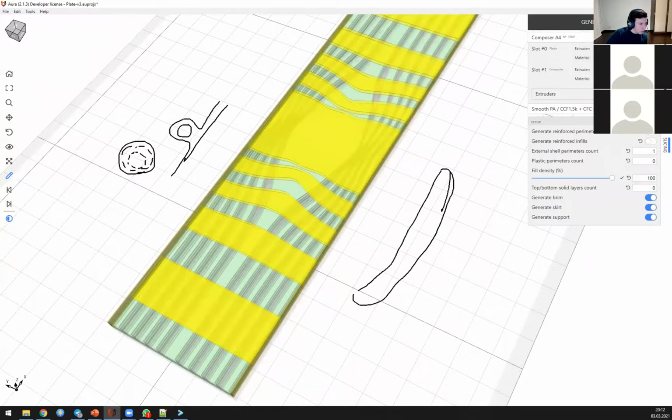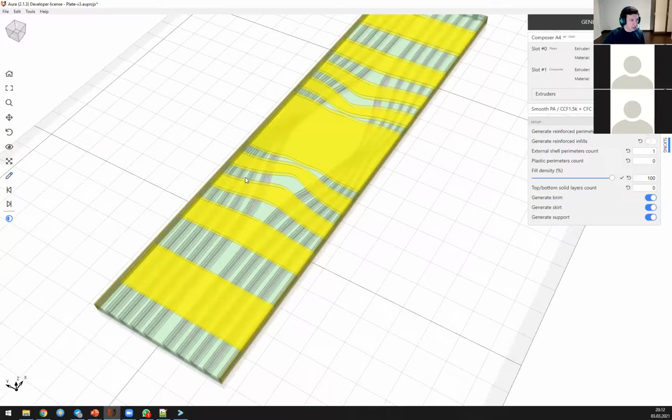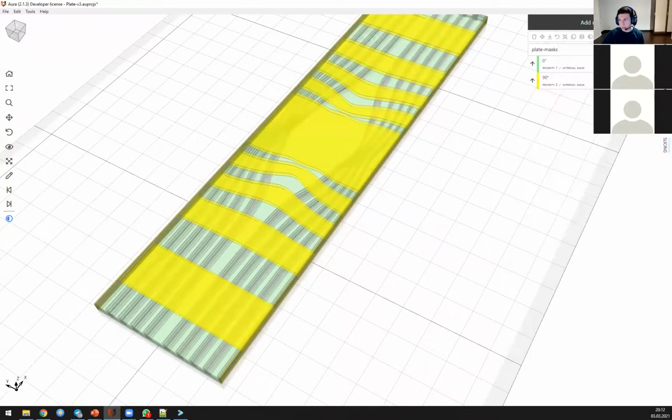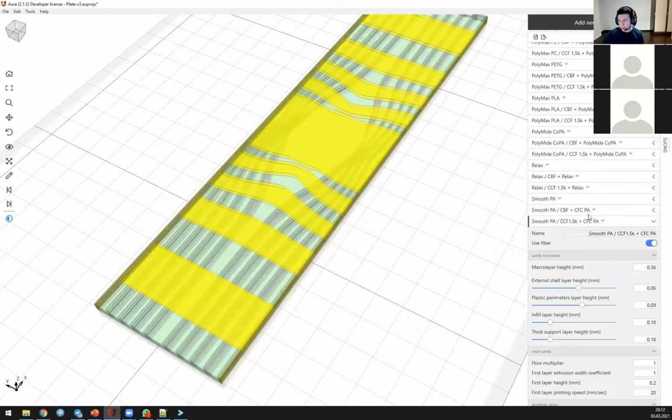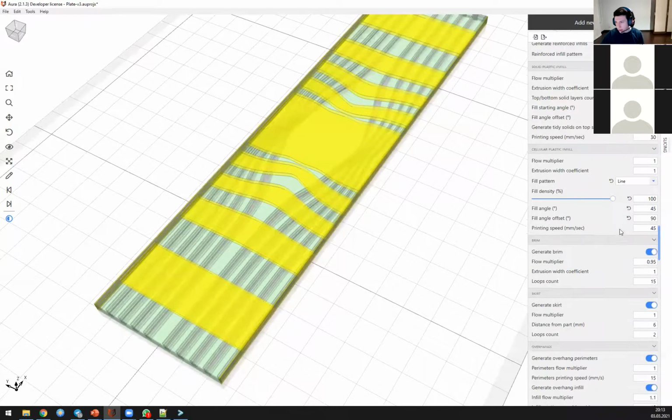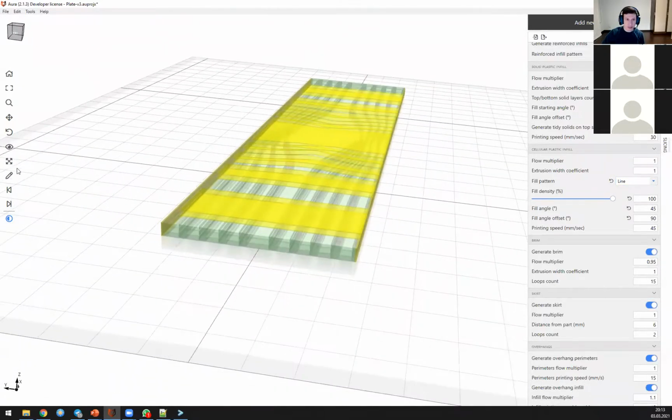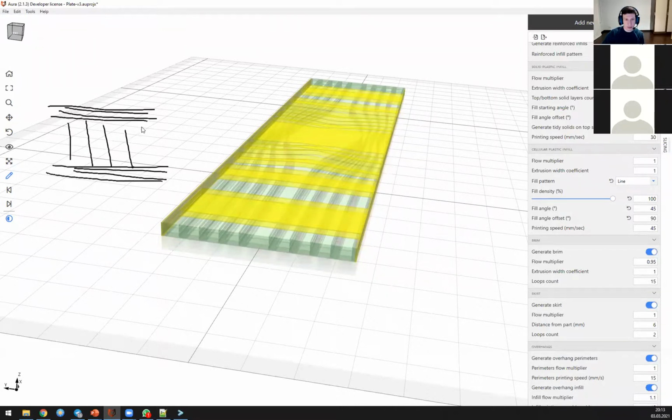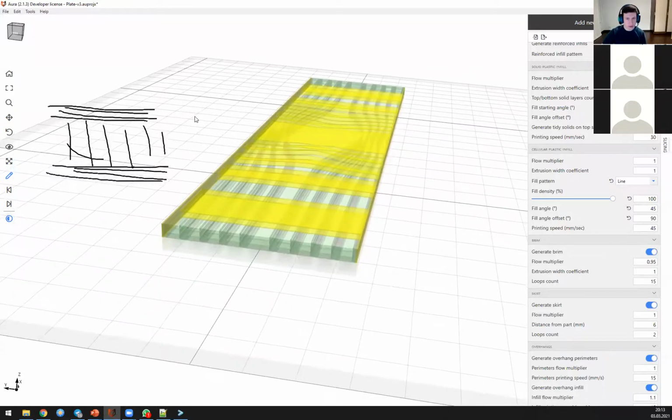Can you please show any one of a hexagonal or honeycomb type core model in demo? So do you mean hexagonal or honeycomb plastic infill, or what do you mean? Because currently we don't have hexagonal or honeycomb plastic infill. We have triangular infill, grid infill, and basically line or zigzag infill. So no honeycombs. And if you mean a sandwich structure, for example, if you have several layers of fiber on top and on the bottom and some plastic cellular core, then of course you can,